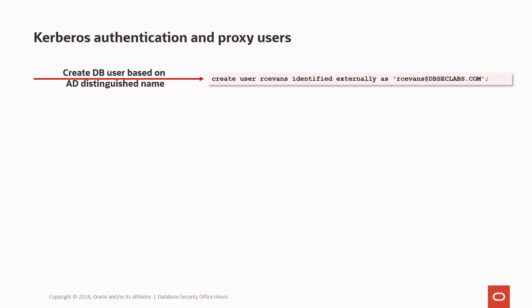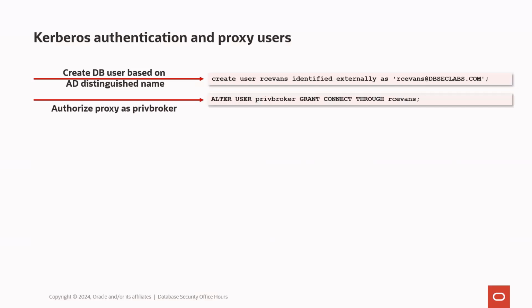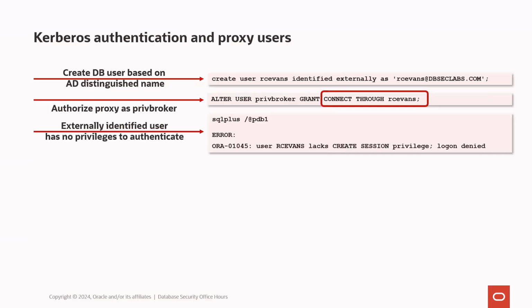That's the most common use case we see here. And I'm going to authorize R. Evans to connect and to utilize that Priv broker schema and the rights that come with that. Okay, so you can see that connect through R. Evans here. And then one of the neat things is